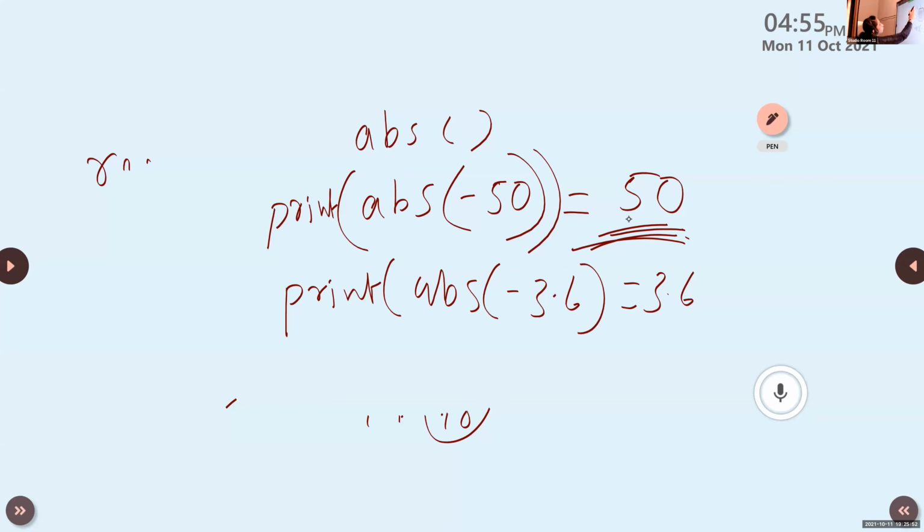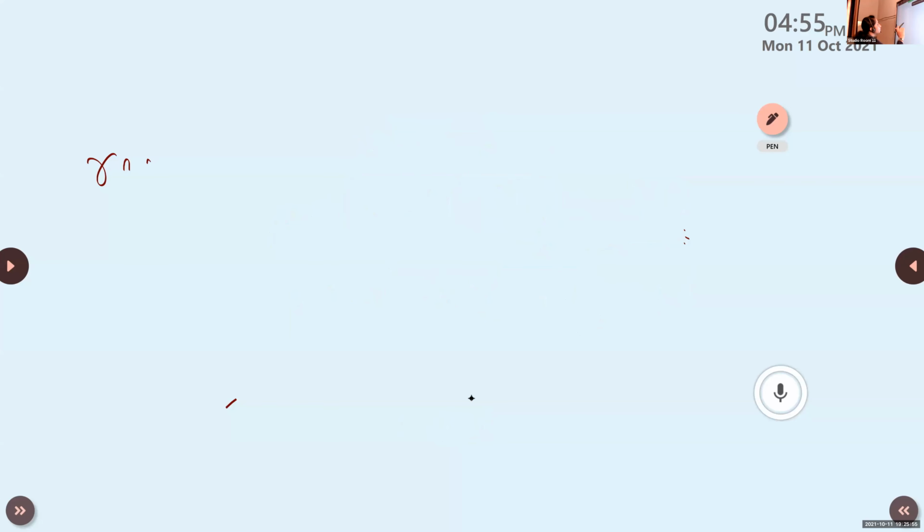Eval. Eval is almost the same as int. Okay, then what is the output of this question? Write the question. x is equal to eval of 45 plus 10. Print x.